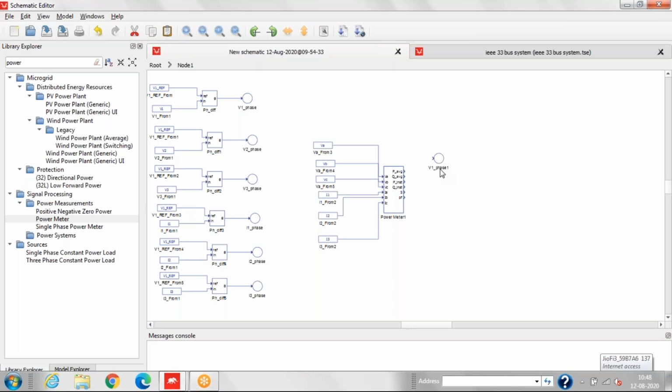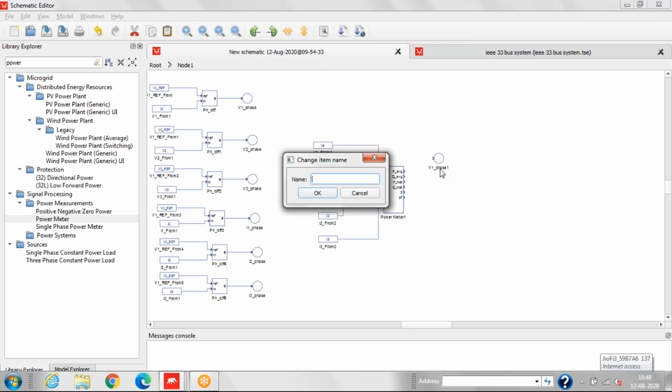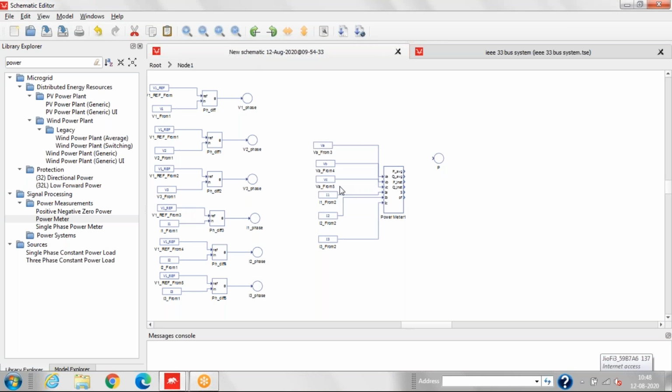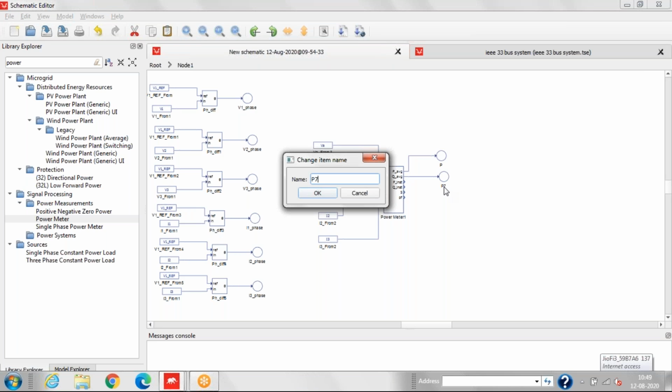So we'll change the name here. This is P for active power, so P average, and we'll copy this, we'll paste it below. This is Q for Q average.